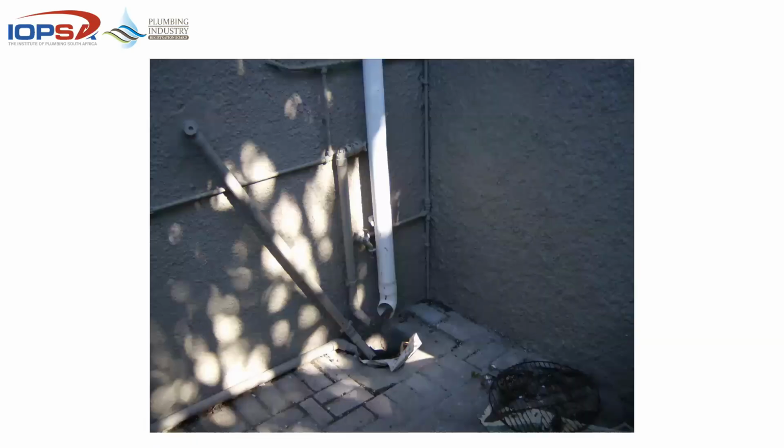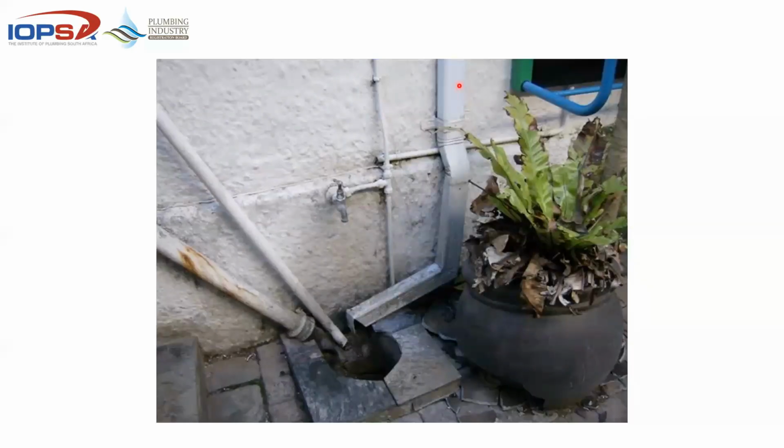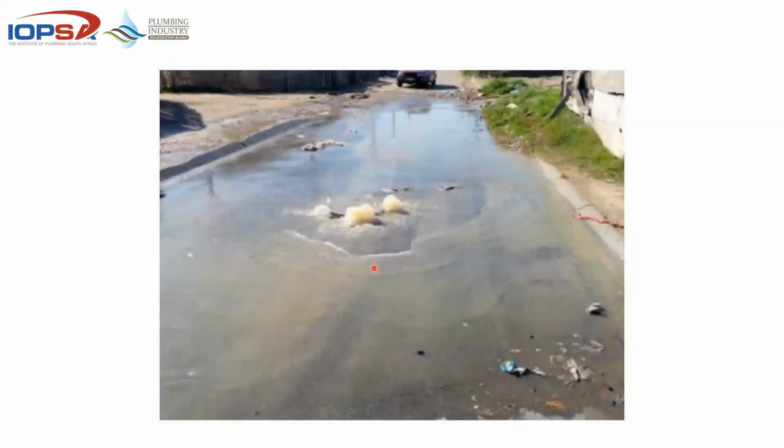Here's another one. And not to forget the guys that do the long span aluminium gutters, they end up also finding the closest point of discharge. You can see, not very nice. The problem with discharging one is probably not going to be an issue, but in a generally flat area or an area where there's not too much slope or stormwater available, this is what ends up happening to your sewer